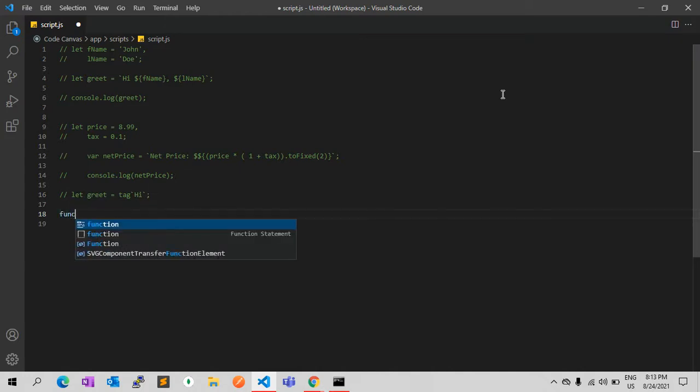I'm creating one function for the format.